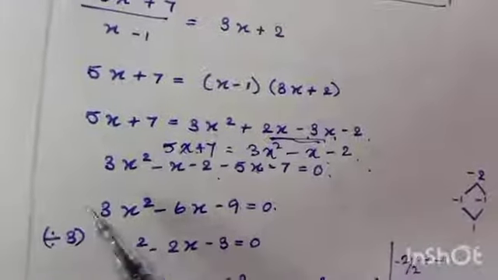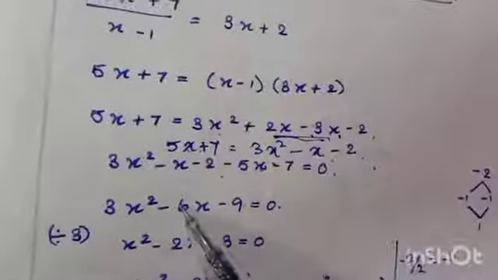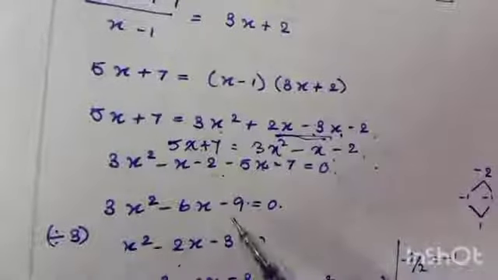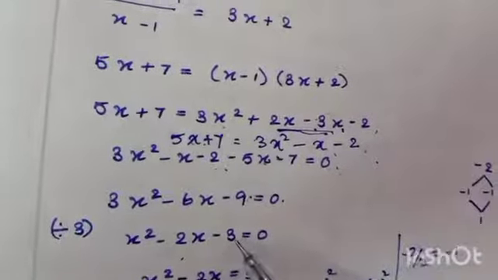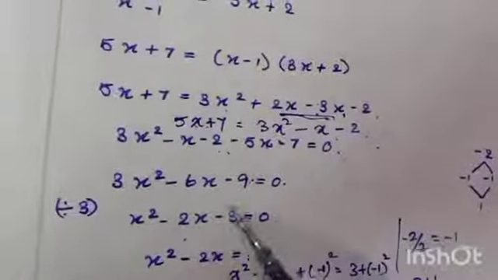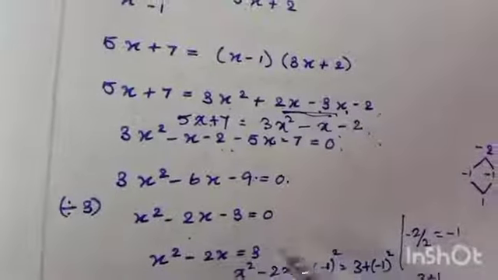First you have to divide by the coefficient of x square. So that is x square, 6 by 3, that is 2, minus 3 by 3. Sorry, minus 9 by 3. So that is equal to minus 3 equal to 0, whole divided by 3. We get this equation. Then this constant term you have to transpose to right hand side. That is x square minus 2x equal to 3.